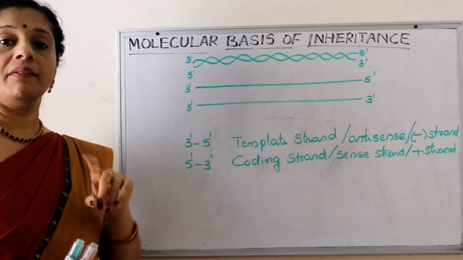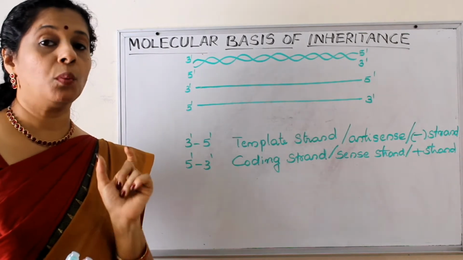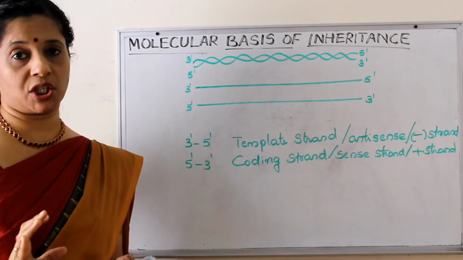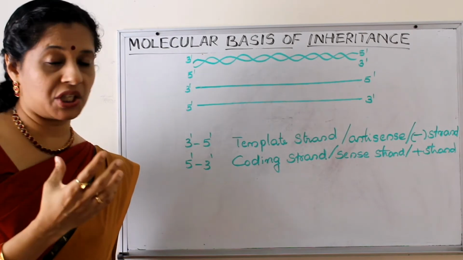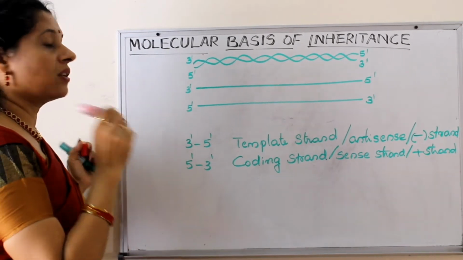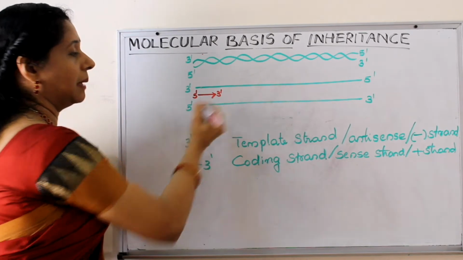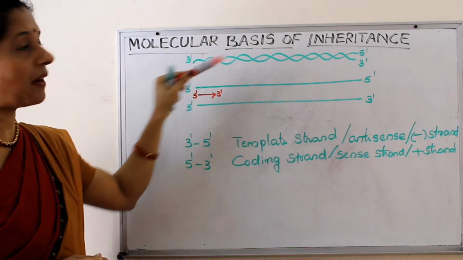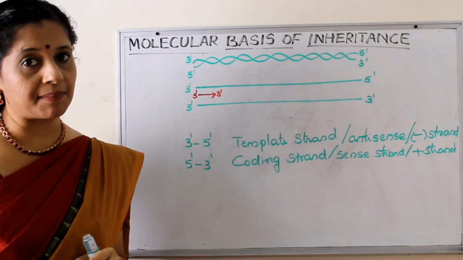When we talked about DNA dependent DNA polymerase in replication, we learned that a new strand forms only in the 5' to 3' direction because new nucleotides can be added only to the 3' end, right? Here also it is the same. The new strand of RNA will form in the direction 5' to 3'. So which should act as the template? 3' to 5', because the new strand forming will always be anti-parallel in polarity.